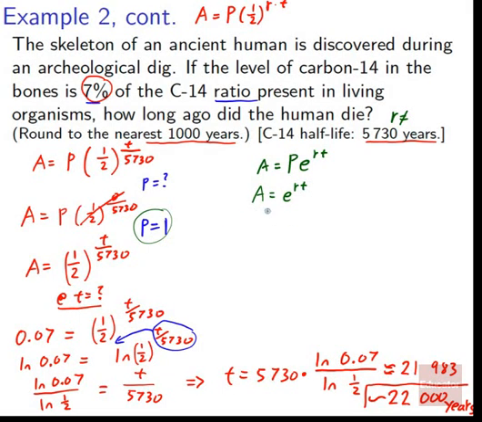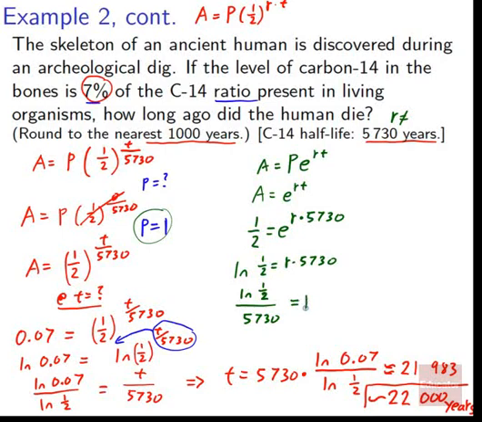Instead, what we know is that originally, at time equals 0, we have 1 as the ratio. So at time equals 5730, we're going to have 1/2 as the ratio. And that's our trick here. 1/2 equals e to the r times 5730. We can take the natural log of both sides, so we've got natural log of 1/2 equals r times 5730. We divide both sides by 5730. We've got natural log of 1/2 over 5730 equals r, which winds up getting us a rate of negative